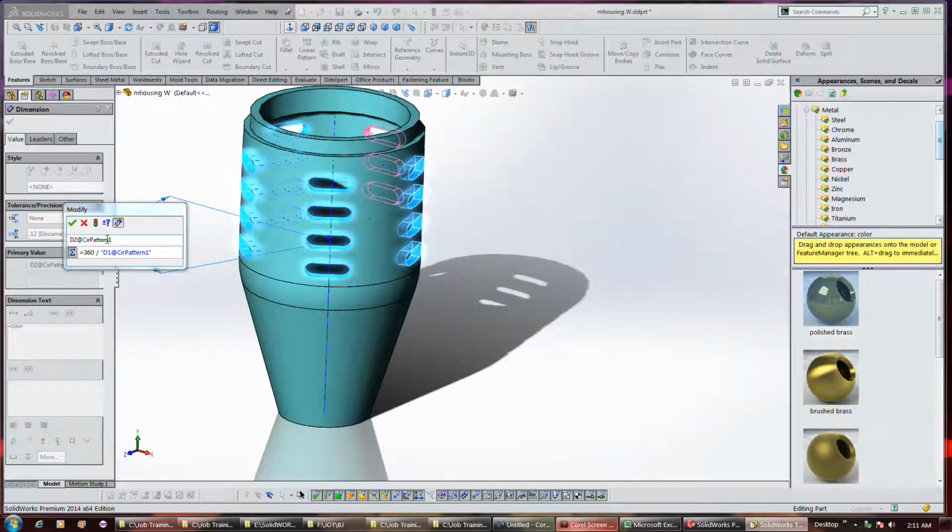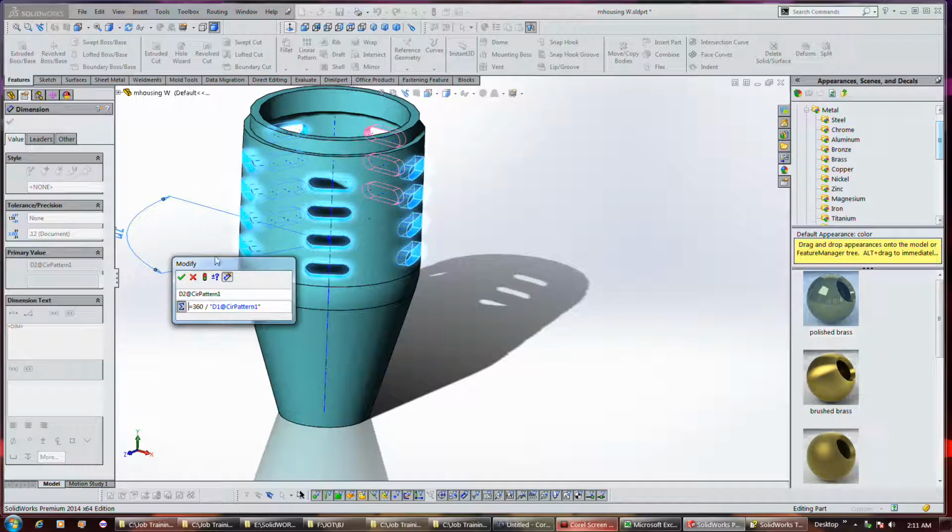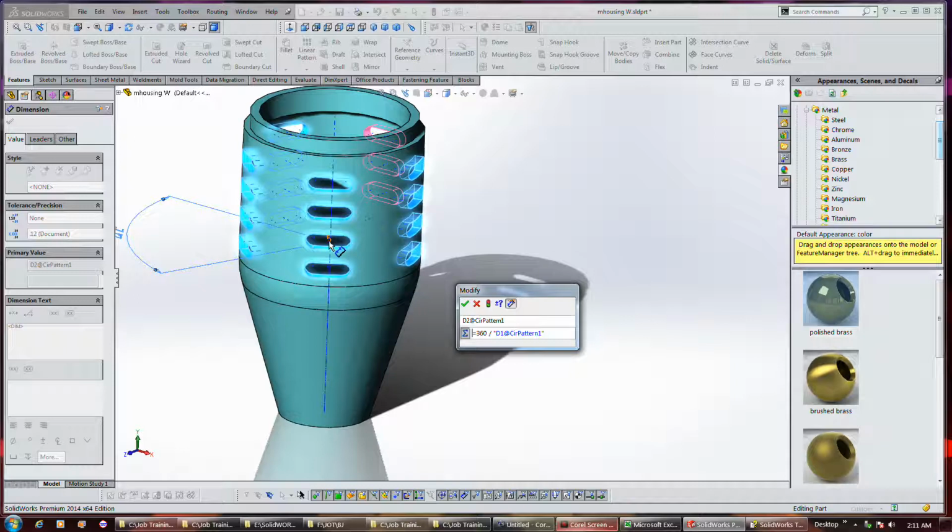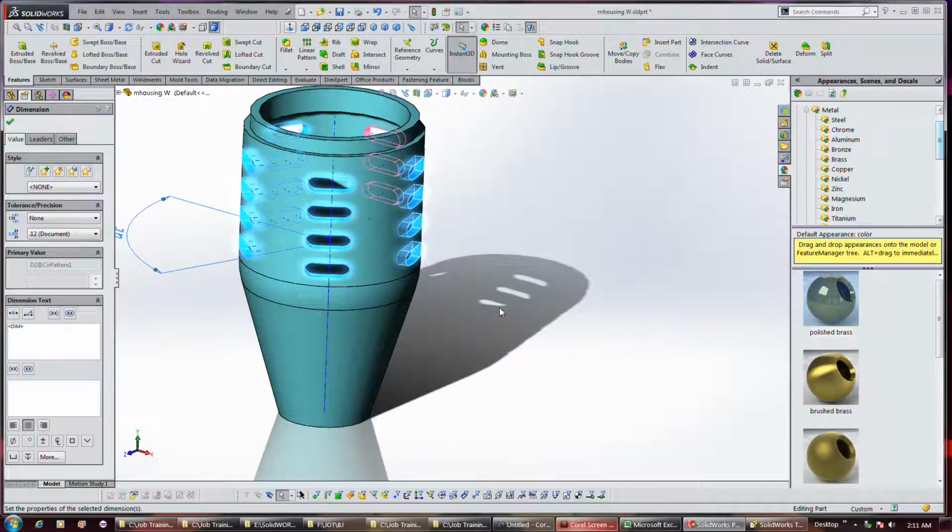Like I said, I should have been able, without having to go into the equation editor, to just enter it here, which is pretty much what you're doing, because I should have been able to click that number here and enter 360 divided by D1 pattern, by selecting D1 pattern. So, but at any rate,